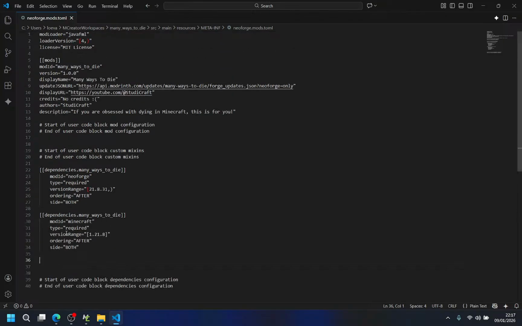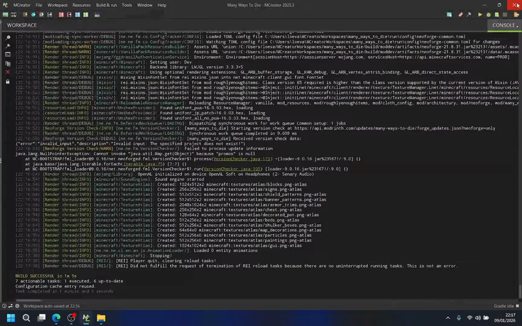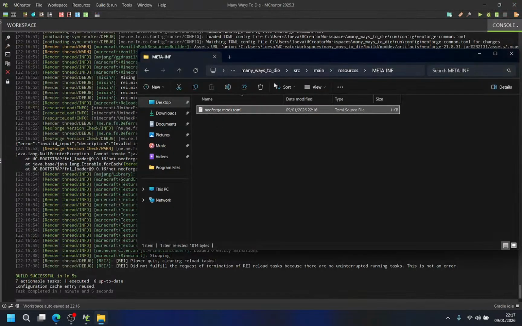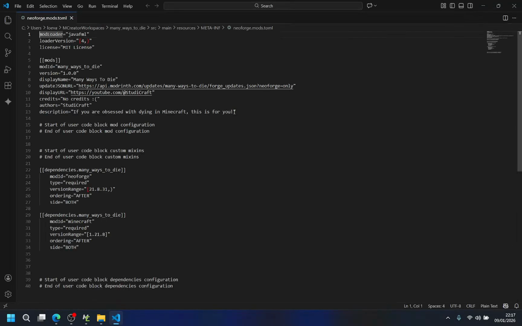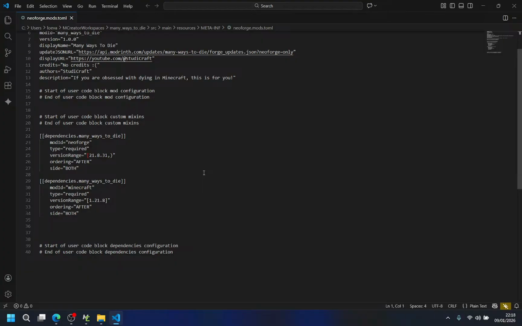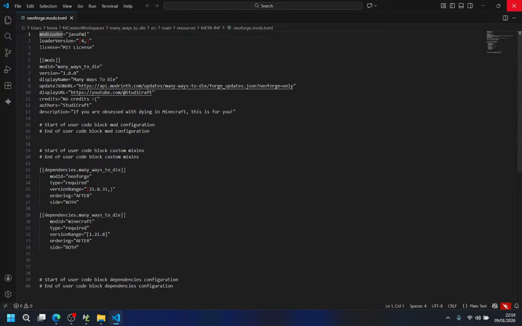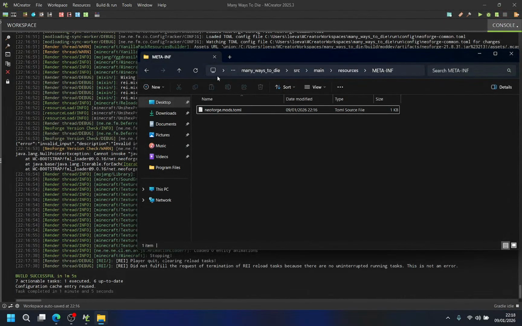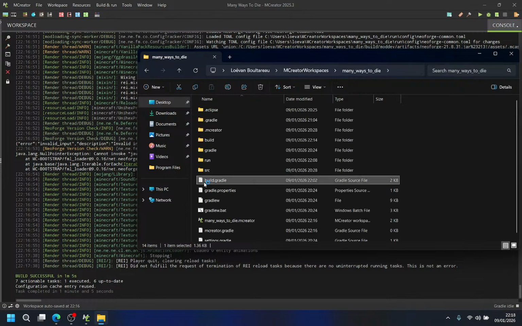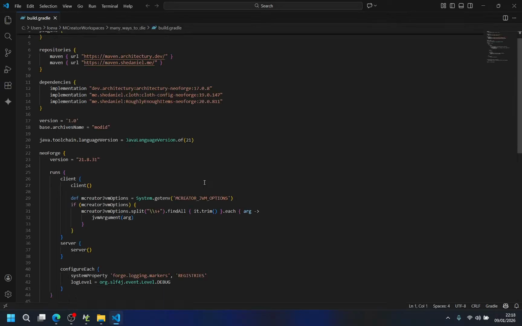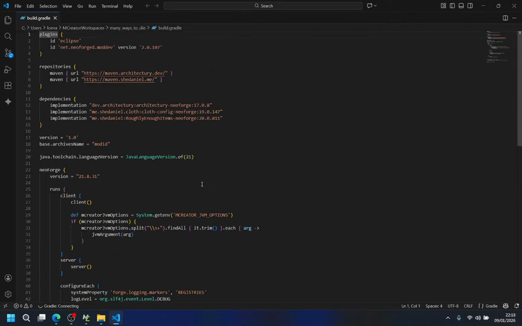So that's why it keeps doing that. So it's not in the neoforge.mods.toml, right? Don't think so. I mean, it keeps resetting every time, now that I come to think about it. So it's in build.gradle.